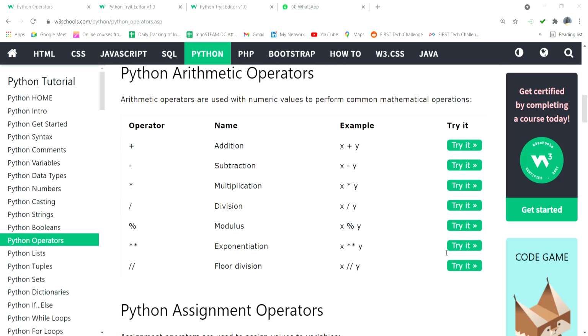And don't forget the task. Today's task is the leap year program. Another task is, which is the largest number among the three numbers?